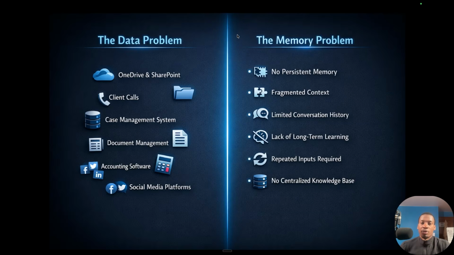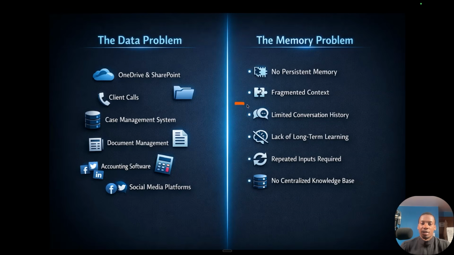Then the other problem we have is the AI problem, which is that AI does not have persistent memory out of the box. You have to basically build the memory for it so that it remembers the things that you want it to remember. It doesn't really remember that well information from one session to the next. So this is what we call fragmented context, where if you have a conversation with it on Monday and then you have another conversation with Claude, let's say on Thursday, it won't necessarily remember context of the previous conversation the way that a human would.